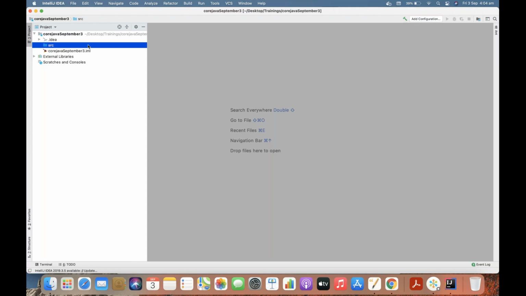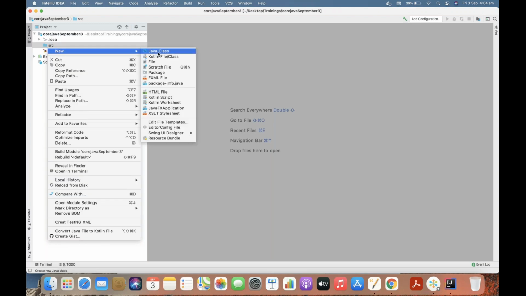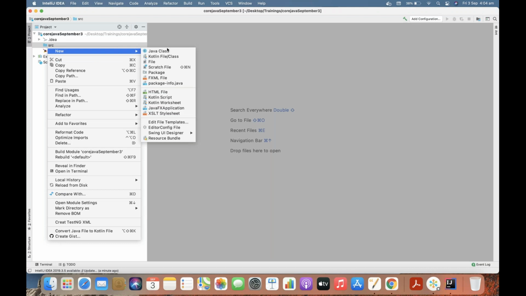For that, just right click on this src, click on new, click on Java class. Everything in Java is considered an object. There is a concept called classes and objects, which we will see in detail in the upcoming session. But as we just started, you have to just create a new Java program. For that, you have to create a new Java class.